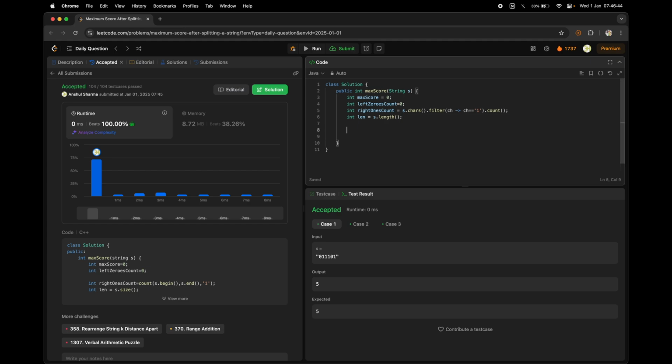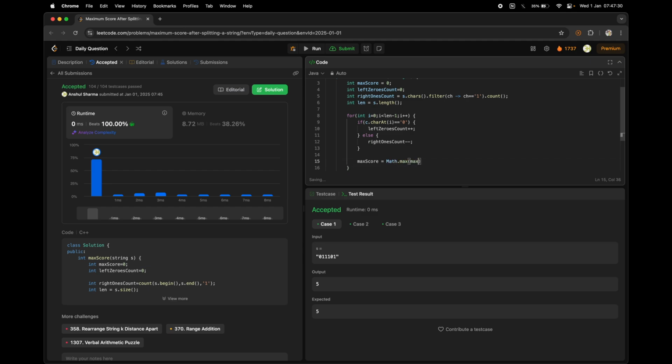Right, now if my current character at index i is equal to 0, then I'll increment the zero count variable, else I'll decrement the one count variable. And after this, I can say maximum score is equal to Math dot max of maximum score, comma,